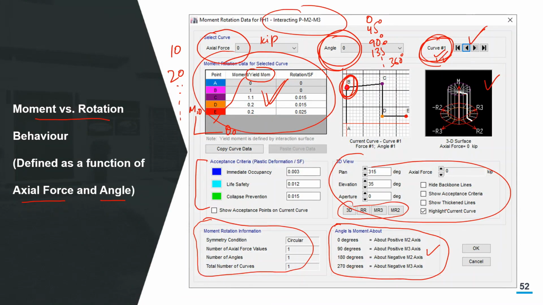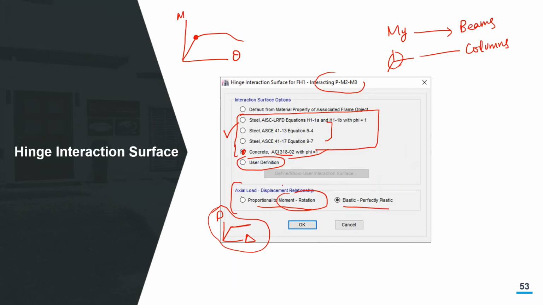This depends on a case to case basis. It depends on, yes, you are right actually. It depends on how we define this. Currently, you are thinking that okay, this always will be 1.1 or this always will be 1. If I go for this horizontal line, no overstrength, in that case, point B moment or point C moment is the same. So it depends on what material properties I am using to construct this PMM surface also.